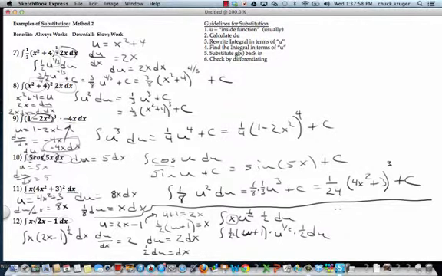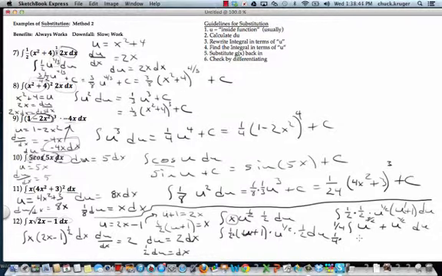Okay, I can rewrite this. I have 1/2 times 1/2 times u to the 1/2 times u plus 1 du. Well, 1/2 and 1/2 is 1/4, so I have 1/4 times the integral. Now I'm going to distribute this. I'm going to take u to the 1/2 times u to the first. You add the exponents, so it's going to be u to the 3/2 plus u to the 1/2 du. My halves and my 3/2 are a little icky. So now I'm going to have 1/4 times